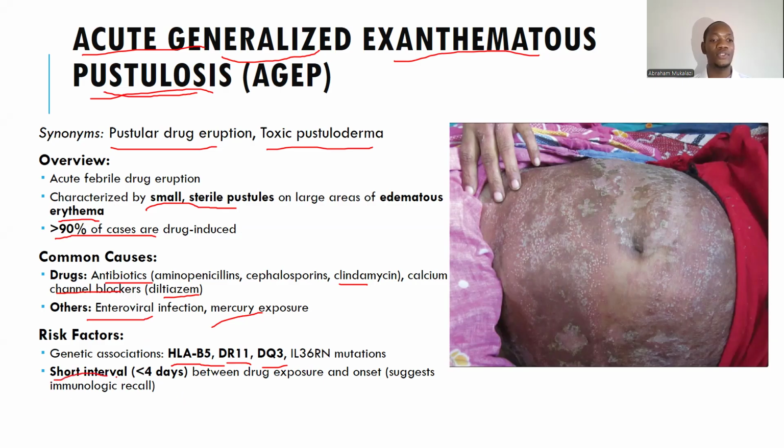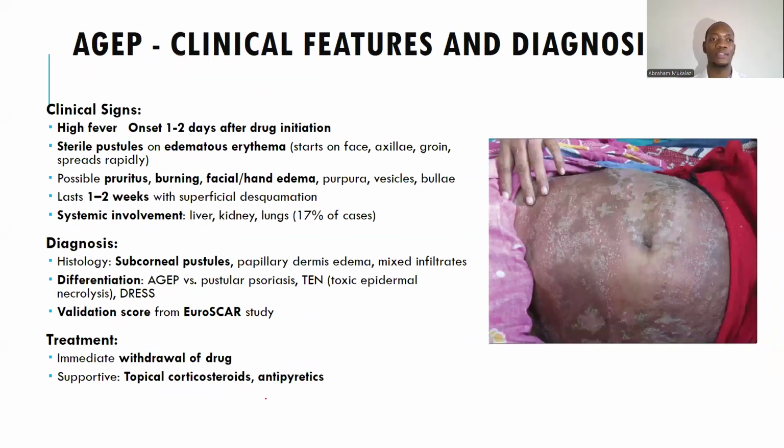So AGEP usually comes in very, very fast. The interval of onset is less than 4 days. So 1 to 3 days after you've given a new drug, someone gets a reaction. That should remind you that it is an acute process. Less than 4 days after you start the medicine, the patient gets a reaction. In the clinical picture, some researchers say 1 to 2 days after you've started a drug, someone gets a pustular